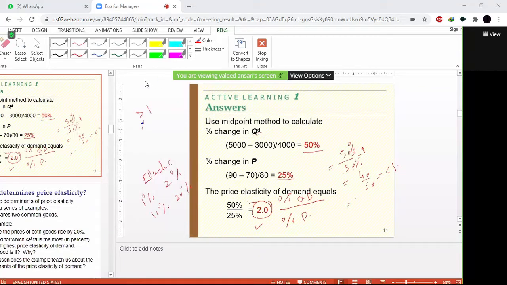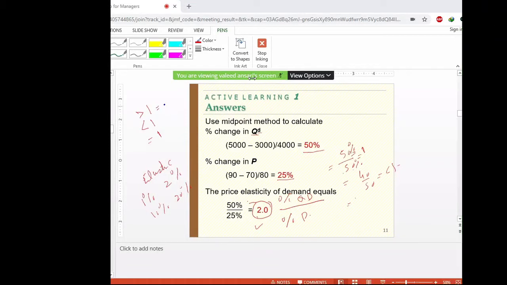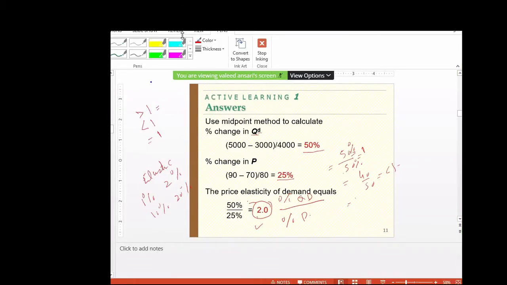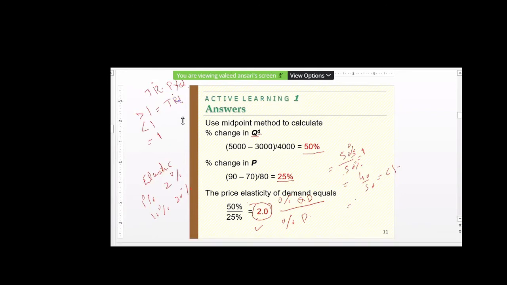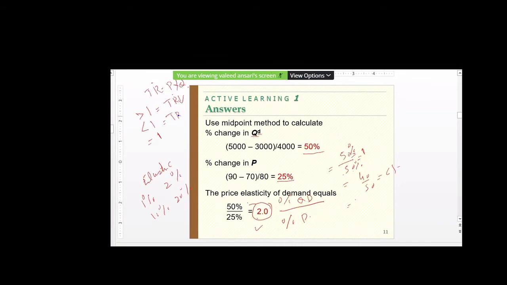Okay, it is an implication. Less than 1, implication. I am telling you the implication. If it is more than 1, it means that the demand is more sensitive. One important factor is that if the demand is elastic, you will see later on, total revenue is nothing but P into Q, isn't it? Price into quantity demanded. So total revenue will fall because of the increase. If demand is less elastic and you increase the price, we will see later on that the total revenue will not fall because